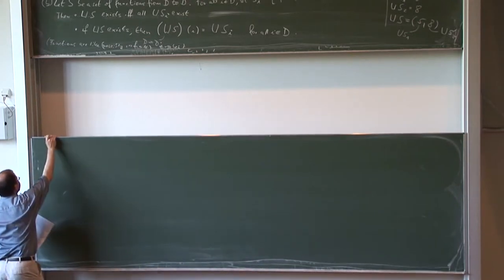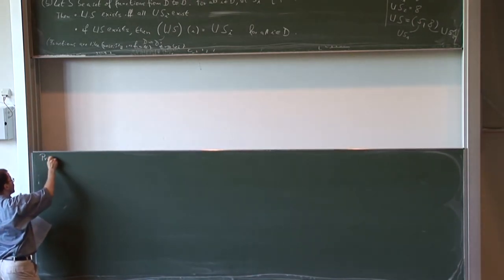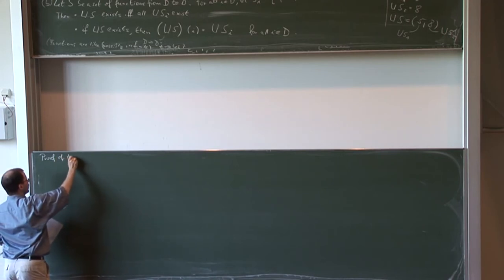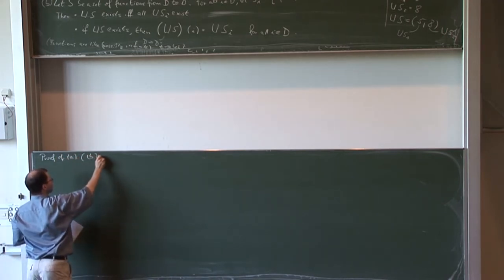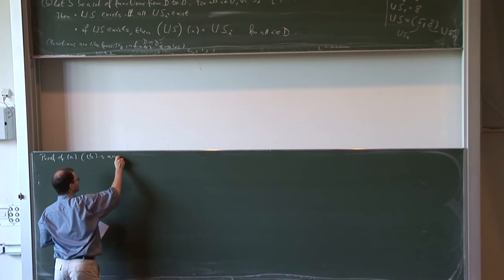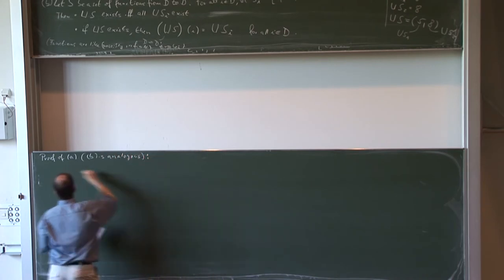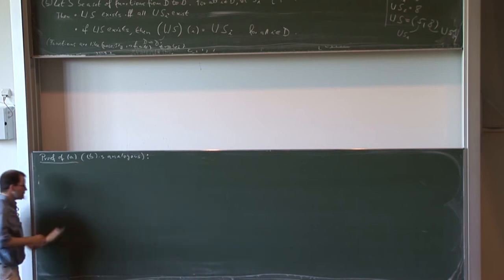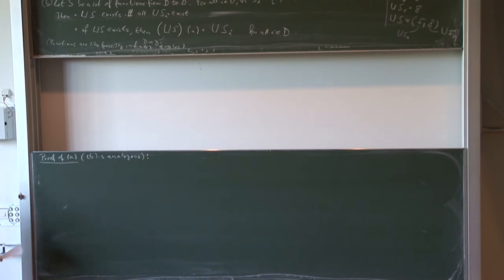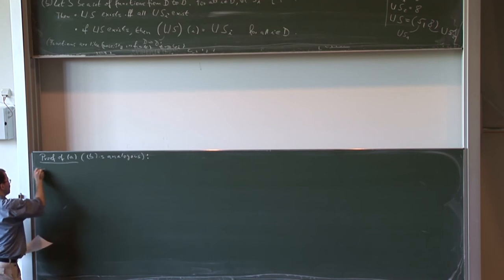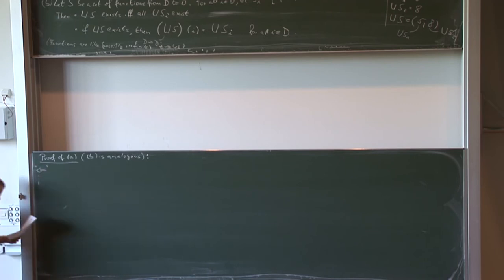Let me prove part A. So I prove A, and the proof of B is completely analogous. Now there are two directions to prove. Let me start with this one. What I want to prove here is